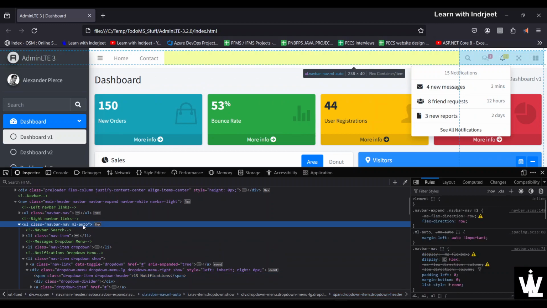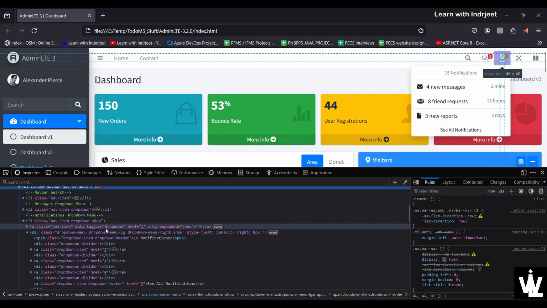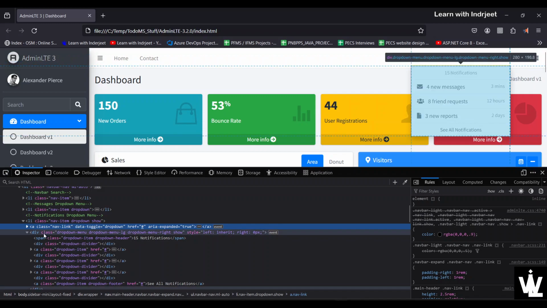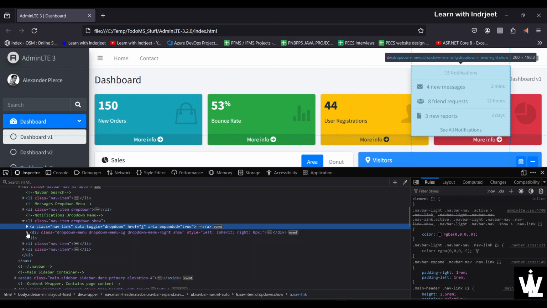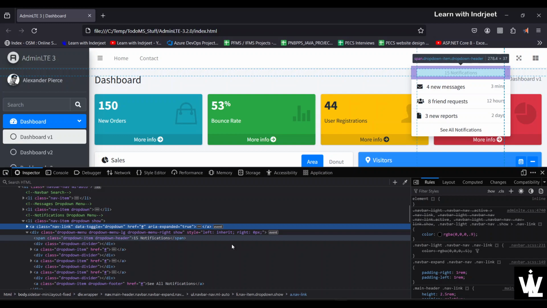Margin left is auto, so it remains to the right side of the screen always. And then we have this anchor tag with data-toggle dropdown, and then this div shows the menu items. So let's go and search for this text in the